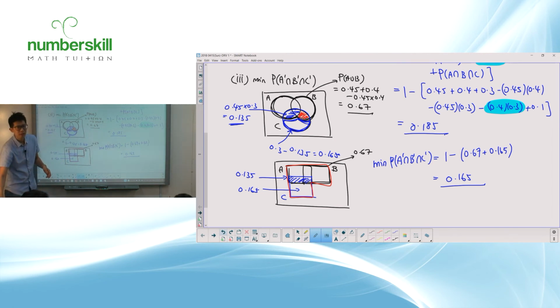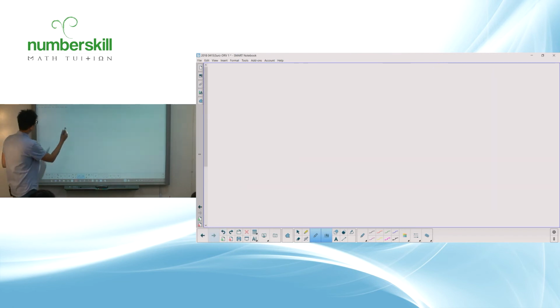Okay? Understand or not? Alright, but that's not the end of it. I'm not completely out of the woods. But definitely this will help you a lot, because the moment you are quite certain about this, the maximum is just about the reverse. Okay? Now, let's think about the maximum now. I'll probably go to another page. Okay, so maximum